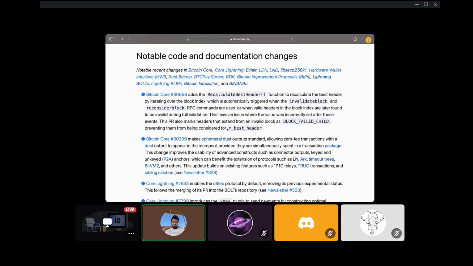So there is this mBestHeader. It points to the best header. What I mean is, if a Bitcoin node sees a header, it validates that header before it actually gets the entire block, right? First, the header is validated. Your peer might share a header with you, which you validate, and if the header is valid, then you ask for the entire block. Now, what could happen is that the block might be invalid.